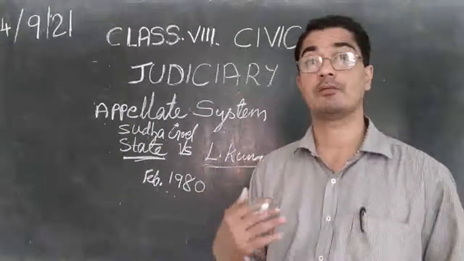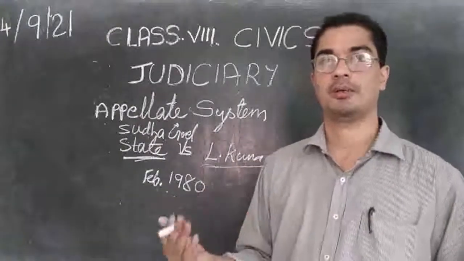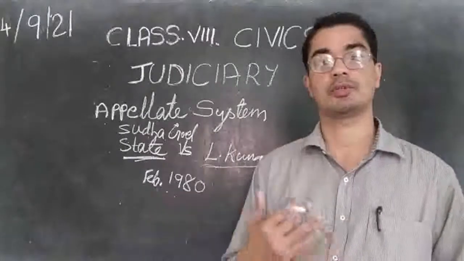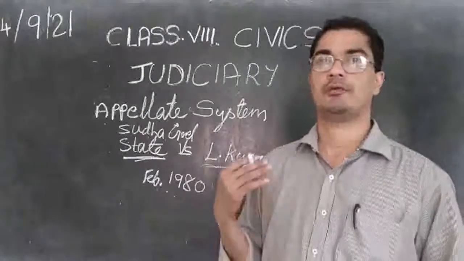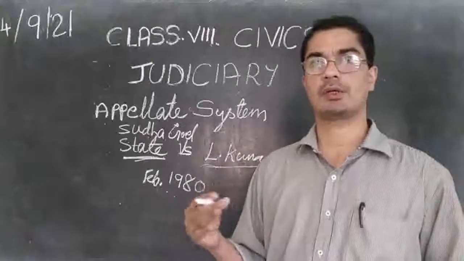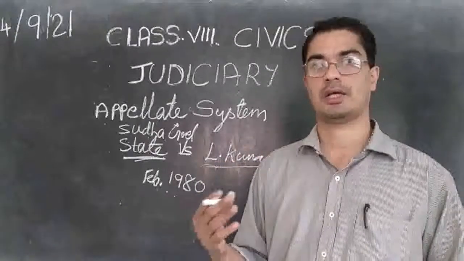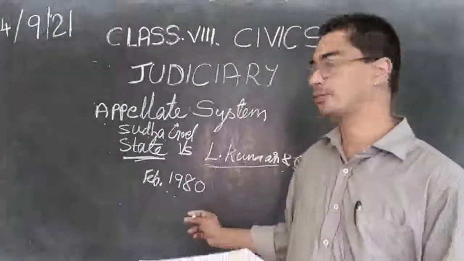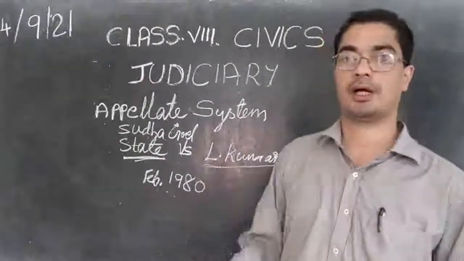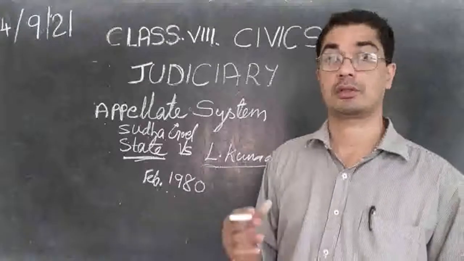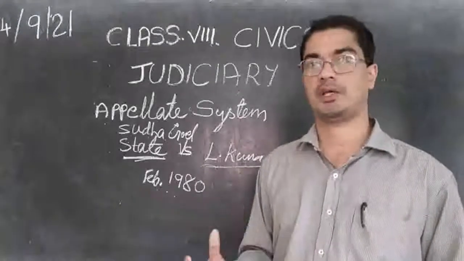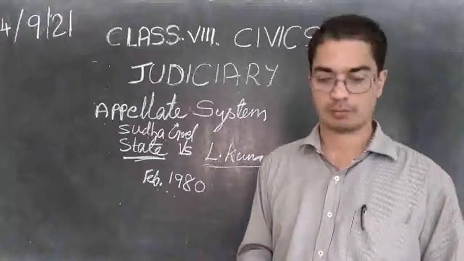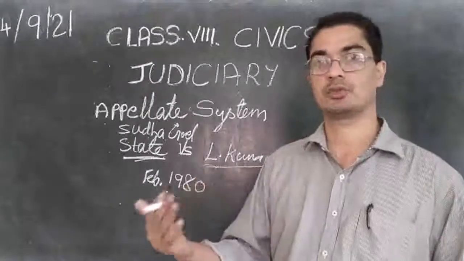So they were demanding more and more, and maybe her family was poor and not able to give, and so they were persecuting her, even willing to kill her, to burn her to death alive. So cruel were her husband Lakshman Kumar and his mother, going to kill the son's wife in order to get more money. So they gave all these things to the court.